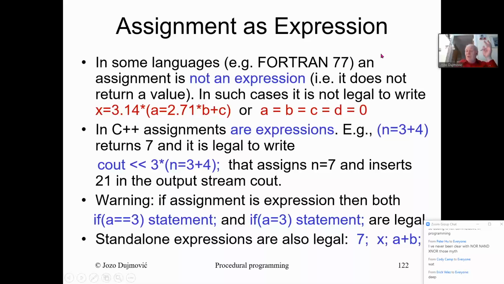For example, Fortran 77 has that assignment is not an expression. So you cannot write A equals B equals C equals D equals Z in Fortran 77. This is not going to work. You have to say A equals 0, in the next line B equals 0, C equals 0, and D equals 0. These are 4 different statements. And in C++,